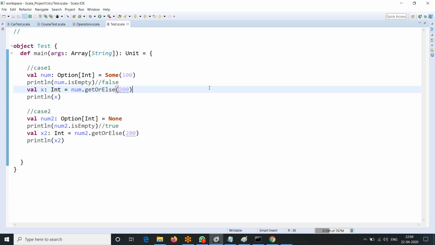Test it, sir. Then I will switch to how to apply pattern matching with option. That is the use case. And then we will close this option and Some and None concept, and then we will switch to the case class. That's how we will proceed.